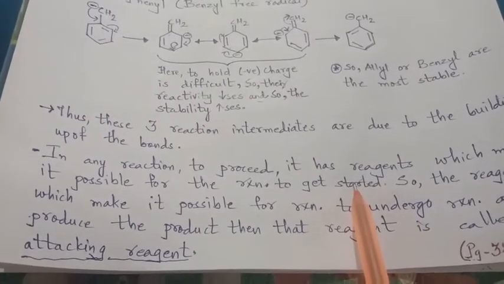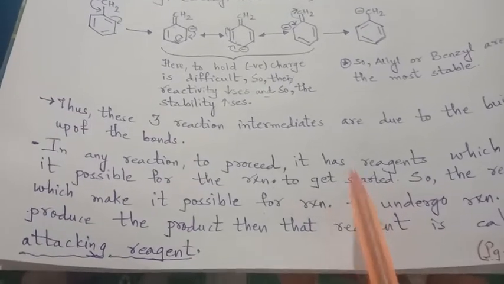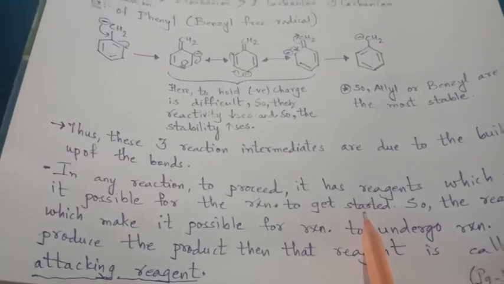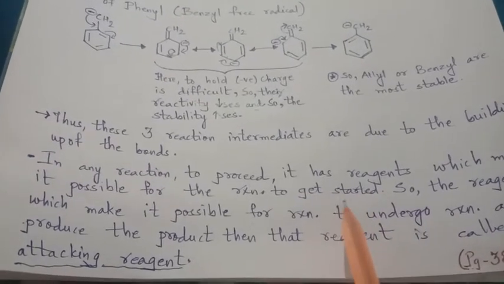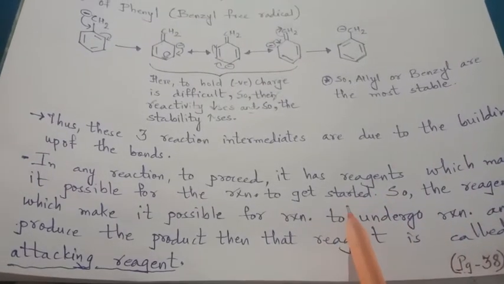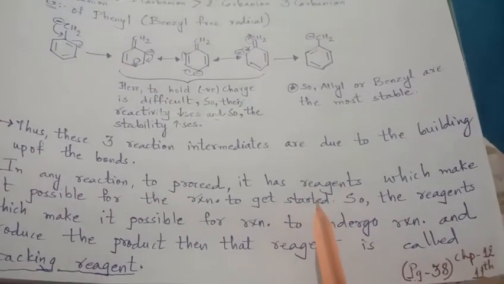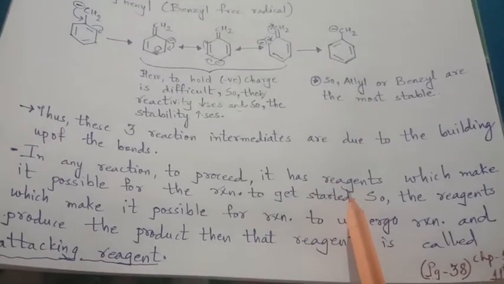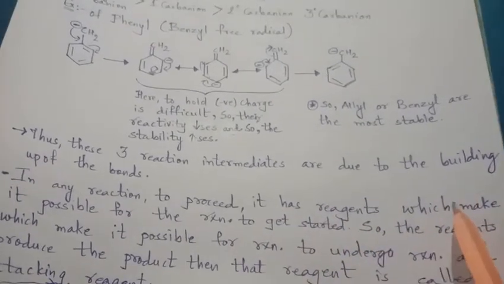Right? If reagents are present in the reaction, then only the reaction will start. Otherwise, if the reagent is not there and only the compound is there, then what happens? The compound goes on breaking and no product will come. But because of the reagent, the compound and the reagent both will get cleavage and then the new products are